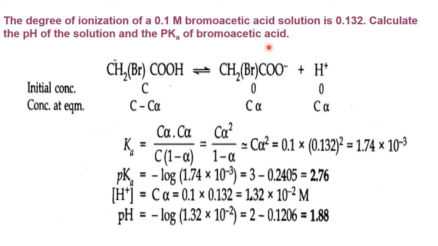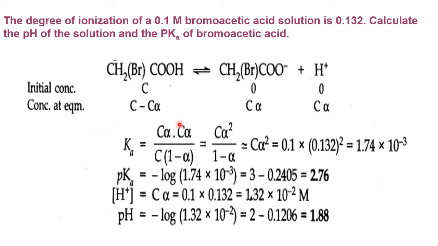Okay. So bromoacetic acid dissociates into this. Initial concentration, let us take it as C. So till now, not dissociated. Now, if C alpha is the degree of dissociation undergone from the C moles, according to the formula, 1 mole gives 1 mole and 1 mole. So C alpha moles dissociated, and C alpha forms here.